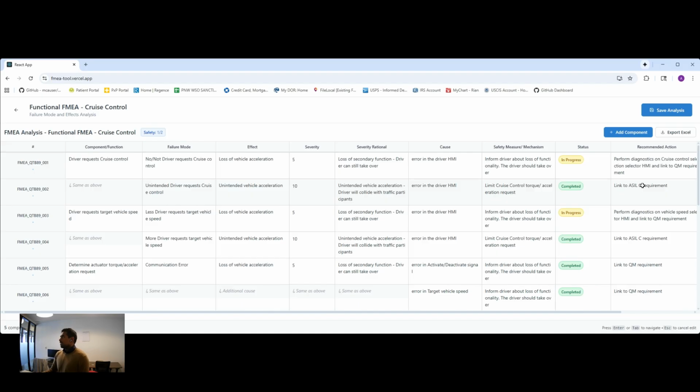Now notice what is happening here: every time you build safety mechanisms and safety measures, we are linking them to requirements. If there are failure modes for which there are no requirements, then new requirements should be added. So this now becomes a powerful tool to ensure that your requirement set in the functional safety concept is complete. The functional FMEA can be used as a way to ensure that the requirement set is correct and complete. And this is a very, very powerful argument that can go into the verification report of the functional safety